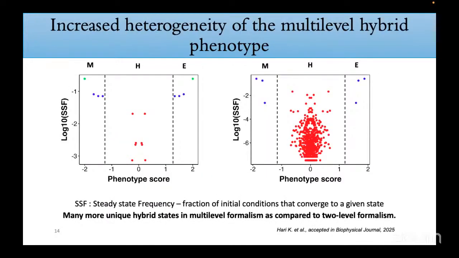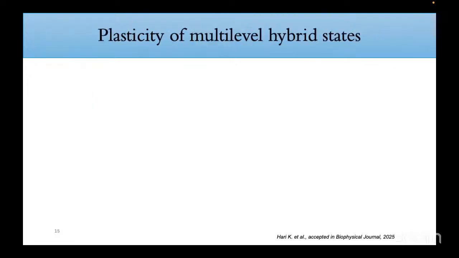Another thing that we can capture with this model is that you now see a lot more hybrid states than you saw before, right? Which gives rise to the possibility of more heterogeneity in the population of hybrid states. And then we looked at the plasticity of these new hybrid states, which are supposed to be more